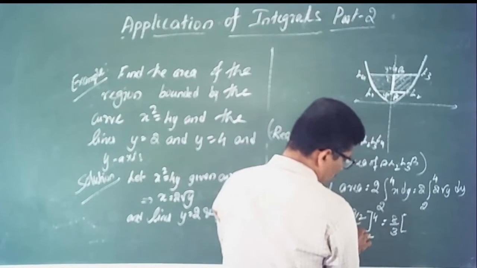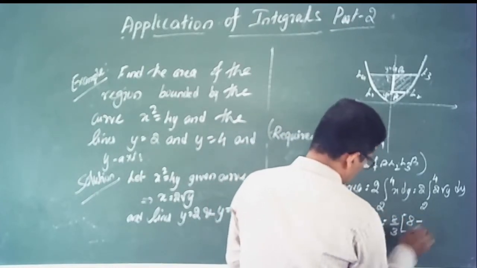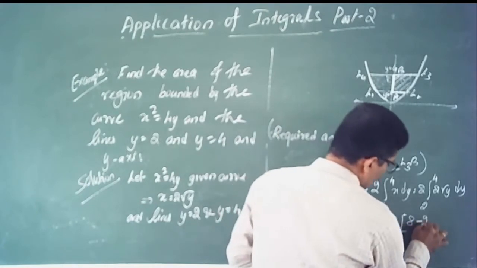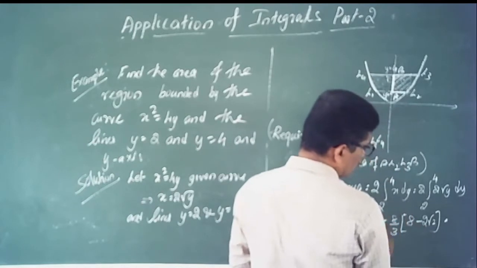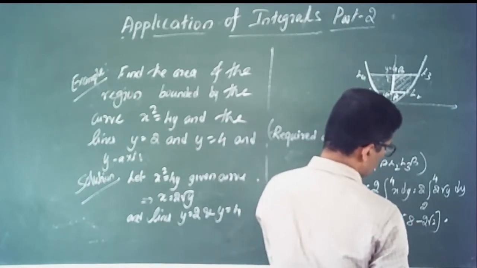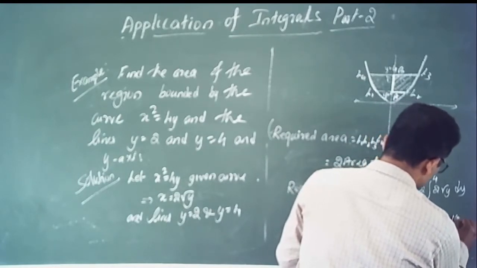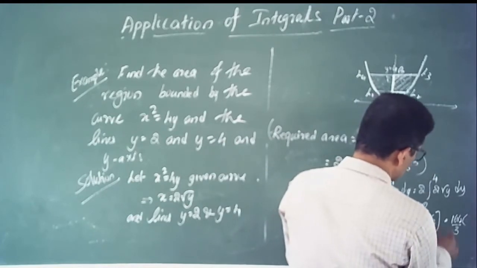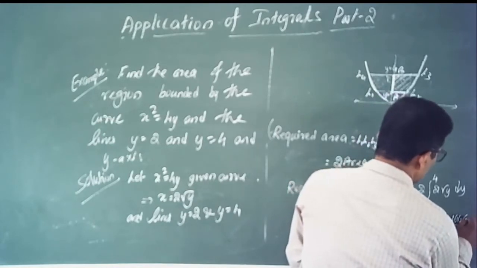Put y equal to 4, root 4 means 2, 2 cube means 8, minus put y is equal to 2, root 2 whole to the power 3 means 2 into root 2. This value is equal to, you can take 2 root 2 as common terms, 16 times root 2 by 3, into 2 root 2 common terms. Its value is equal to 2 root 2